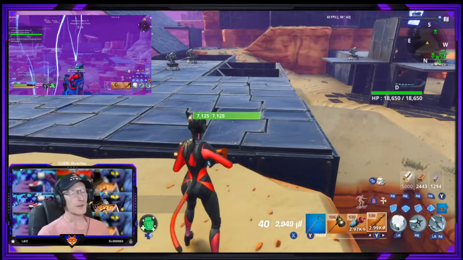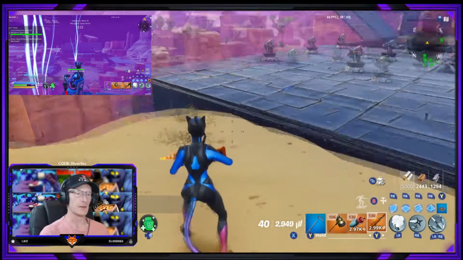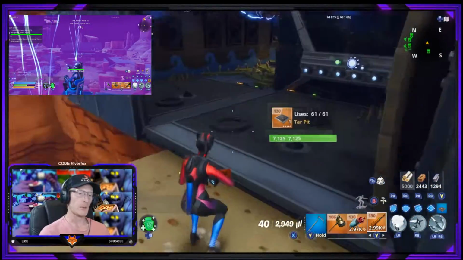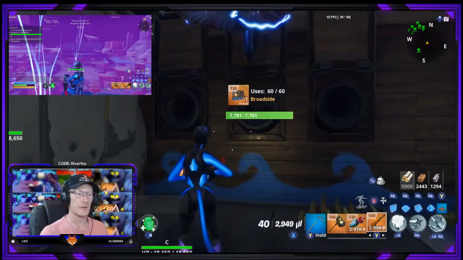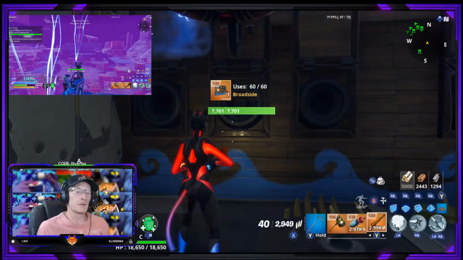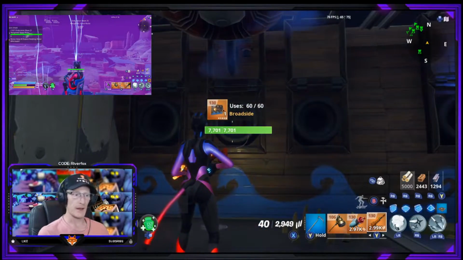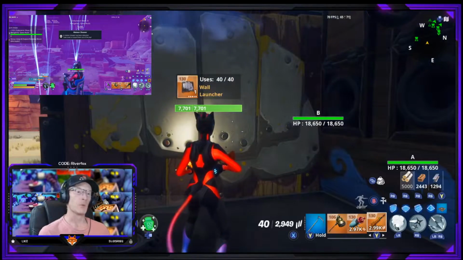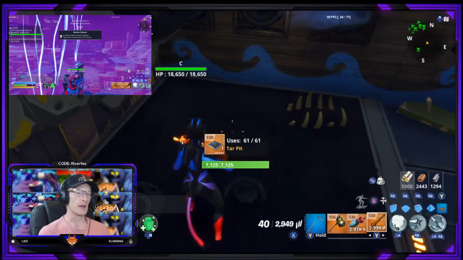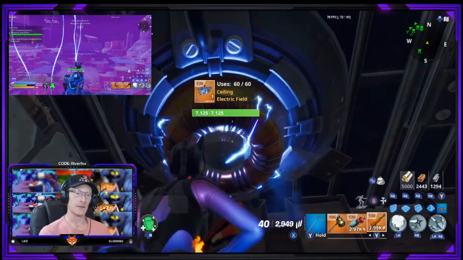So for our step-by-step builds, we are going to start at this bit of mountain here. So what we need to do, we need to come over here. So we are standing facing this left-hand side of the mountain. And first things first, we are going to place a broadside right in front of you there. And you are going to place a wall launcher on your left-hand side. On the floor, you are going to place a tar pit, and up above you then will be a ceiling